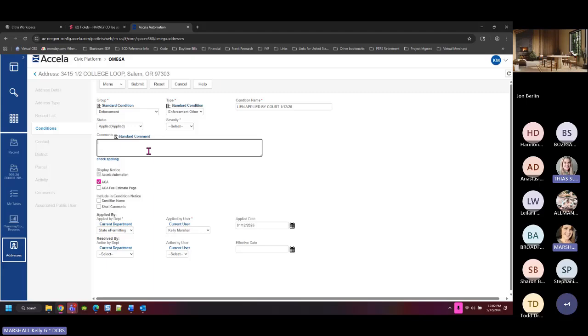So I can add conditions, aka flags, to property information to track things like that,